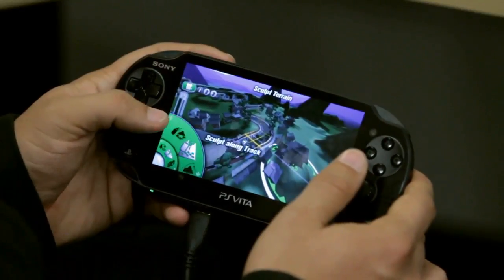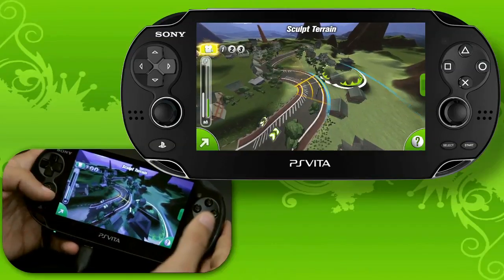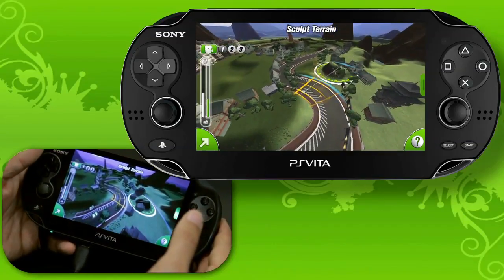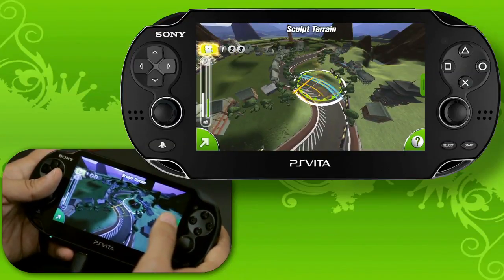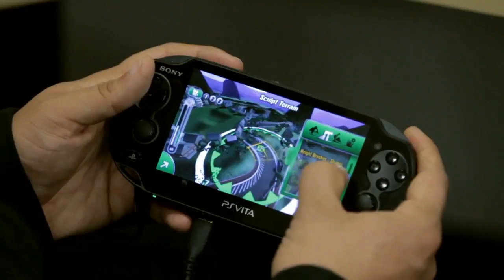The other mode that we have here is Sculpt Along Track. This will fix the cursor to the track, so now you're moving with the left analog stick, or you can use the back touch to scoot along the track. You'll notice there's no mode selector to choose between Edit Brush and Sculpt Brush, because you're permanently in the edit mode. So if I choose a flat brush here,